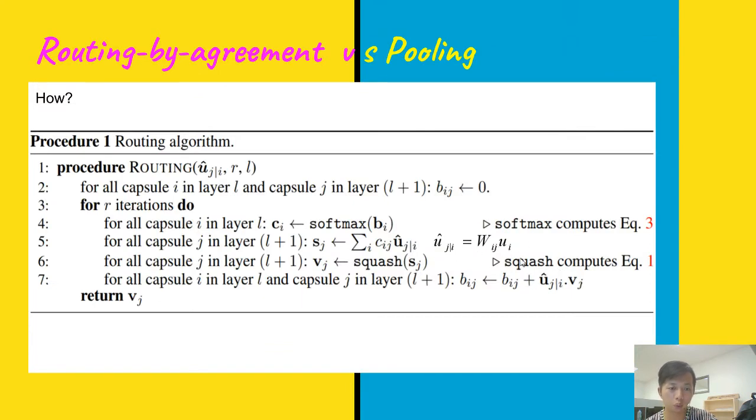And then this will produce a prediction called u-hat based on connection i and j. Then you calculate the output as a weighted sum of predictions, and then we use the squash function to add nonlinearity. So the v_j is actually the output of the digit caps. Now that we have the output of digit caps, and we have the prediction of each connection, for each output,